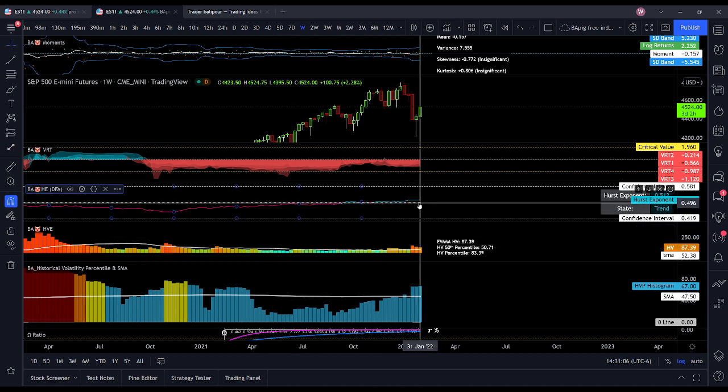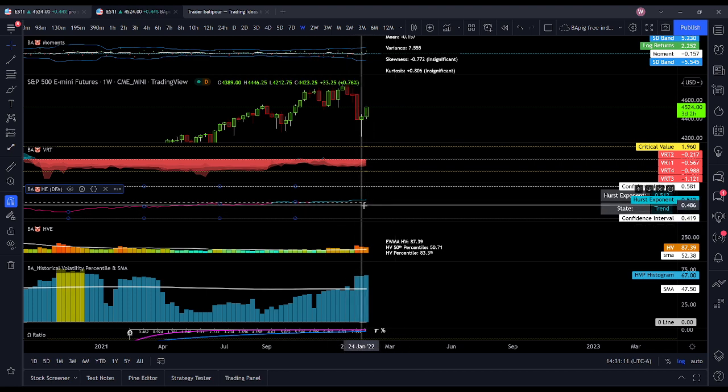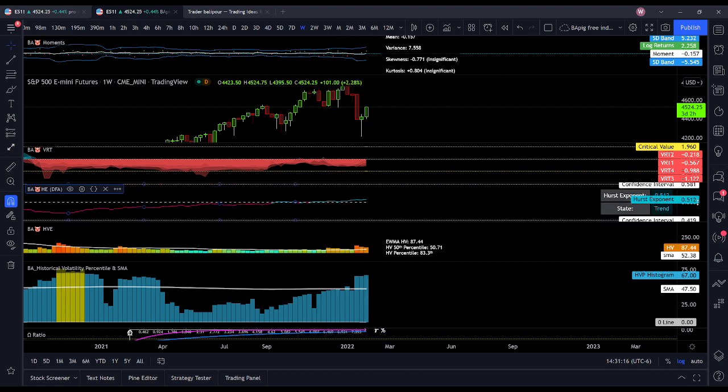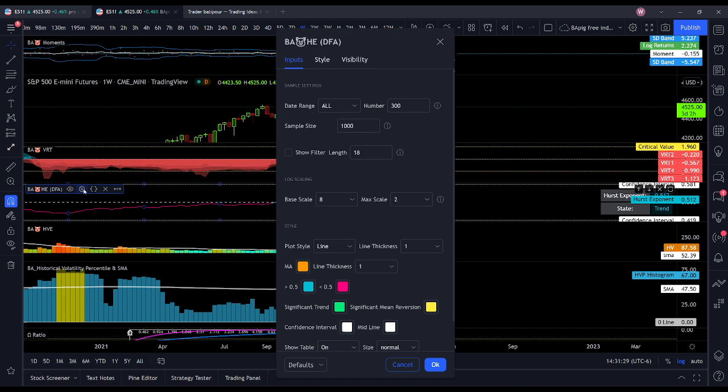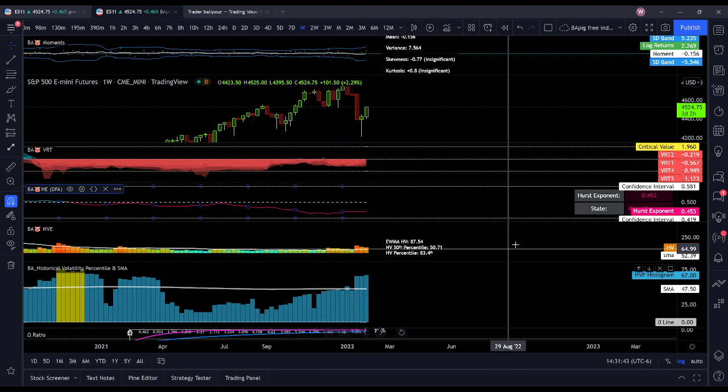Or a decade, and that's something you need to take into account, being able to put it into your kind of lens. What are you trying to look at? Usually the higher the sample size, the better, the more data you're bringing in, and the less you're trying to model price, which is random, and the more you're looking at historical returns. So I increased the sample size, so maybe we can go 16 on that base scale, and that's saying